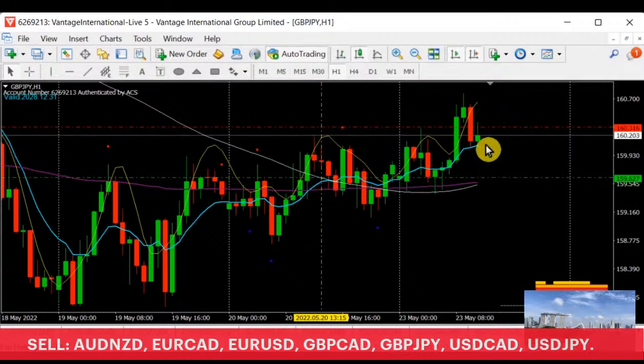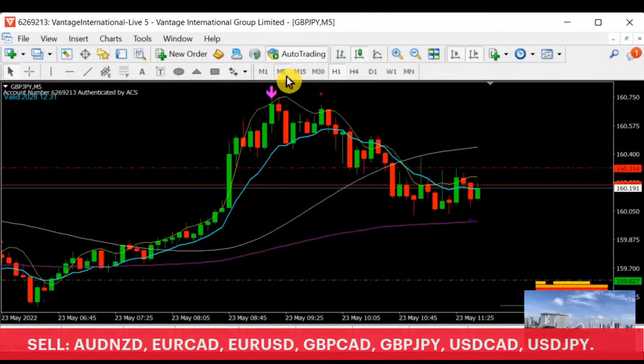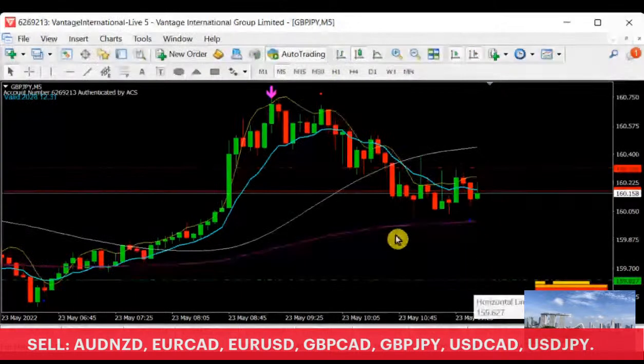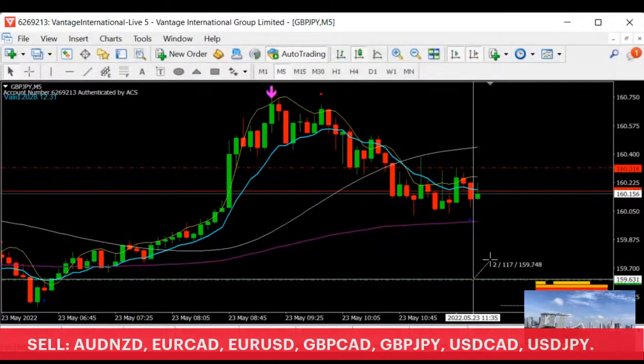Okay, just in case it hits the support like this, gets rejected, and then starts to retrace upwards. So usually, 70%, yes, I would say you are correct. I will be looking at more like leaving a 25%. For example, let's say this is a support level. When the price comes down from the bottom here, I'll leave a 25%.